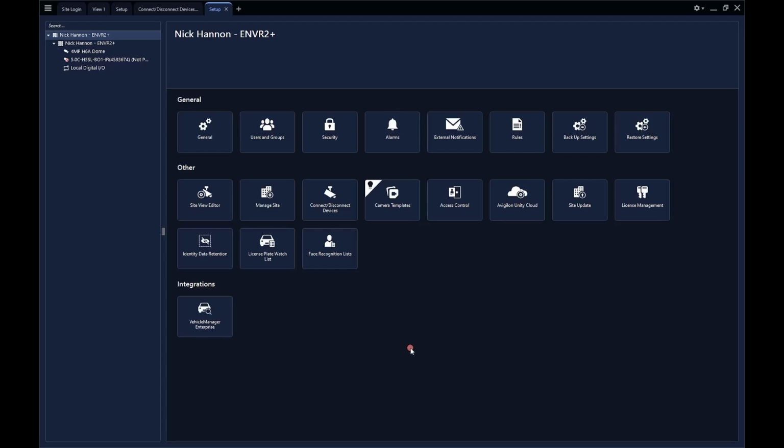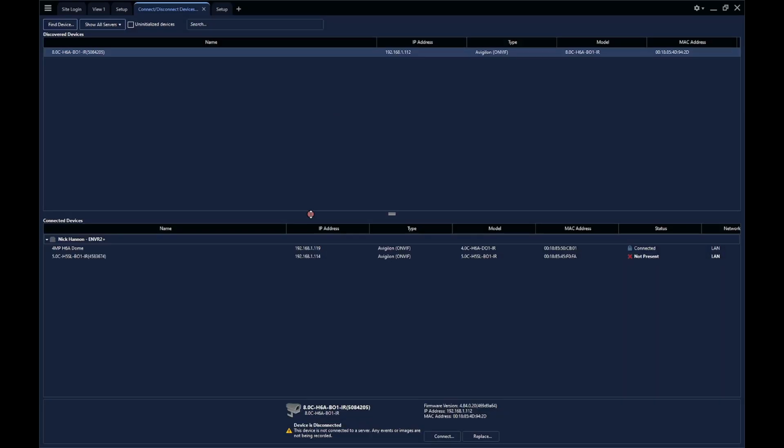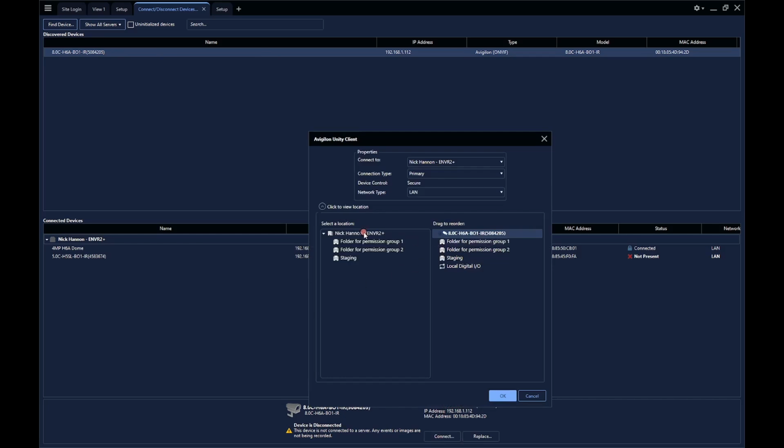After you've done this, and it is now time to add a new camera to the system, you will click on Connect Disconnect Devices and select the camera that we are connecting to the system, connect, and on the left side under the Location section, we want to select the staging folder. What you do not want to do is move the camera on the Drag to Reorder section under the staging